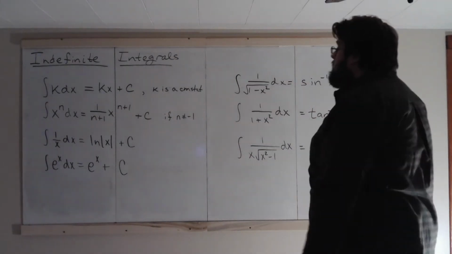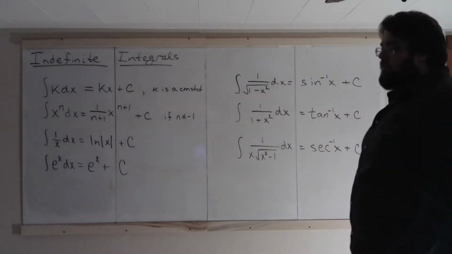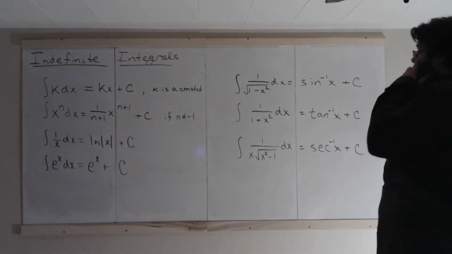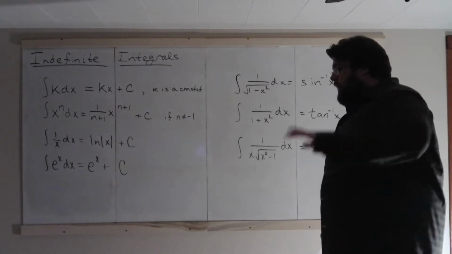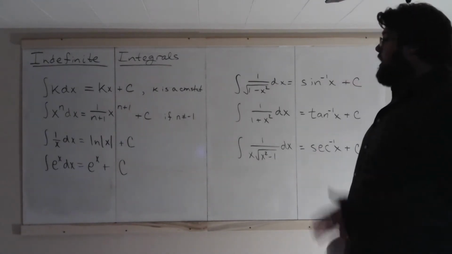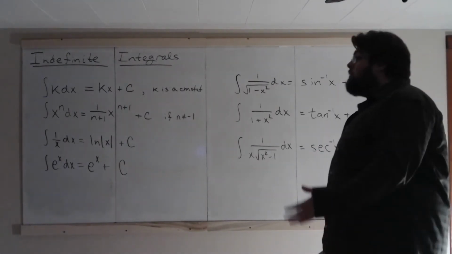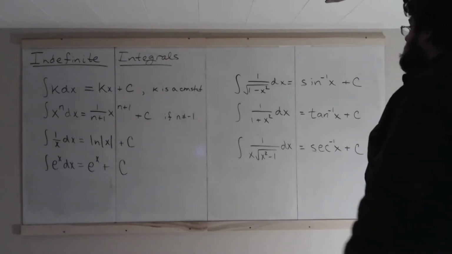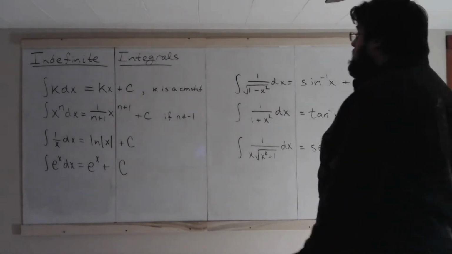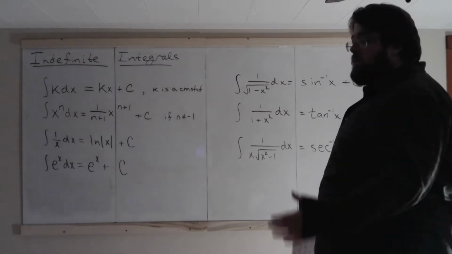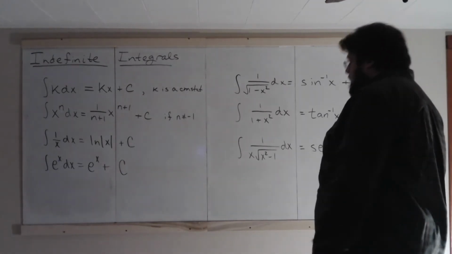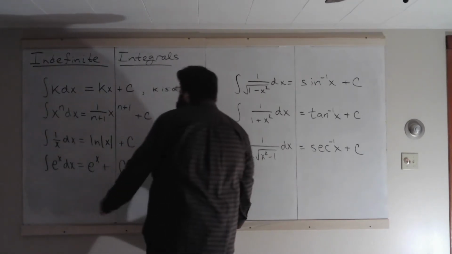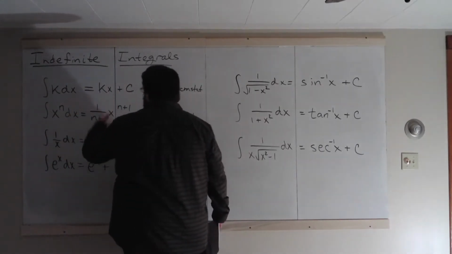Next one, the power rule for integrals. So the power rule for derivatives said bring the exponent down, multiply, and then subtract 1 from the exponent. The integral rule for power functions like this is the same thing except opposite. So add 1 to the exponent and then divide. So the integral of x to the n is 1 over n plus 1 times x to the n plus 1,